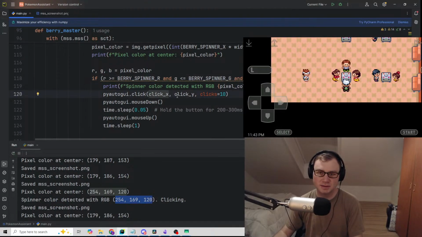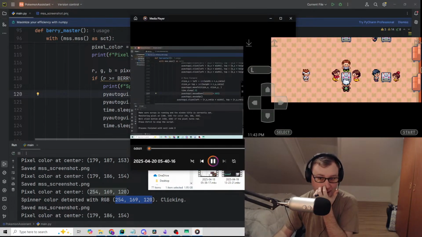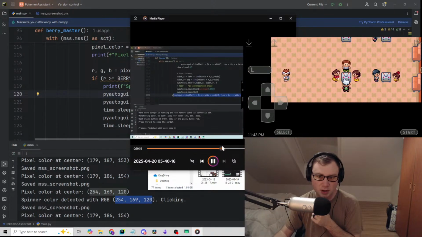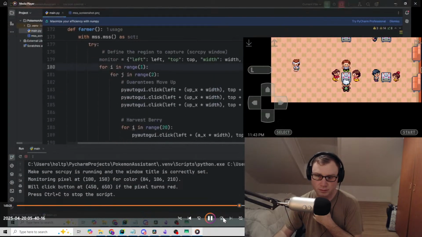So in the last video, let me just actually pull up a clip. It's probably easier that way. We automated collecting berries, and I can show you just a little bit. Let's go back here, and I will just full screen it. So you can see we got our character to automatically,